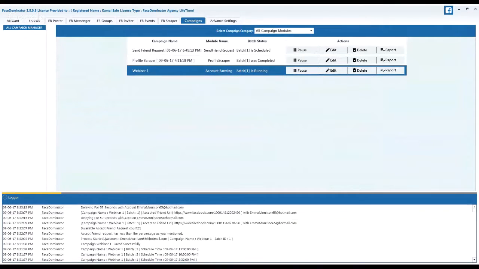Also, we can go to our account. You can see that these two people have just got connected, which we have seen in the report.